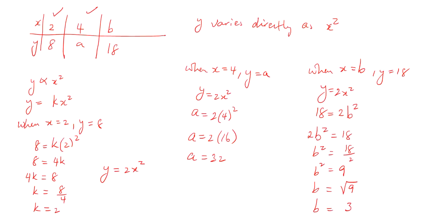Okay, so that is it for direct variation. Let's look at indirect variation now. So suppose we have, they give us a table again. We have x and y, and we have 2, 12, and 6, a, and b, 2, and they tell us that y